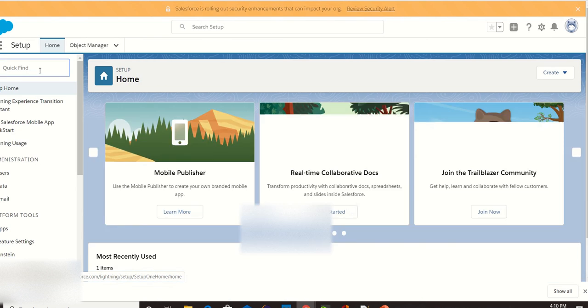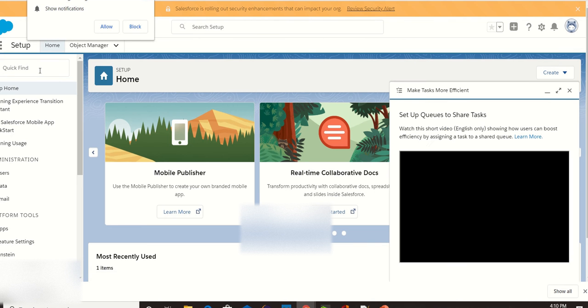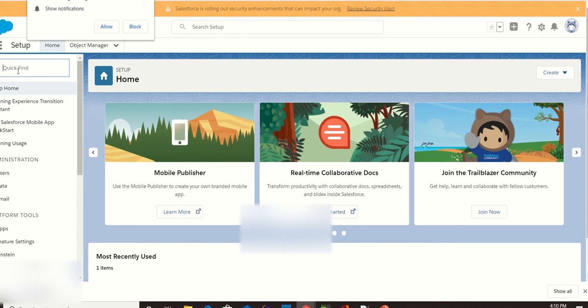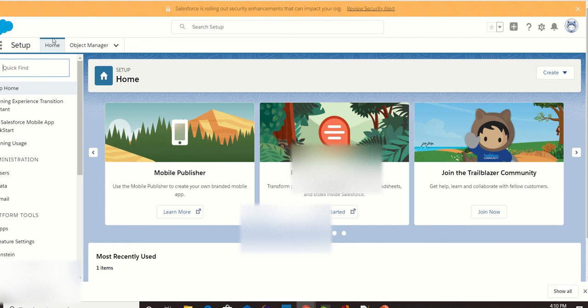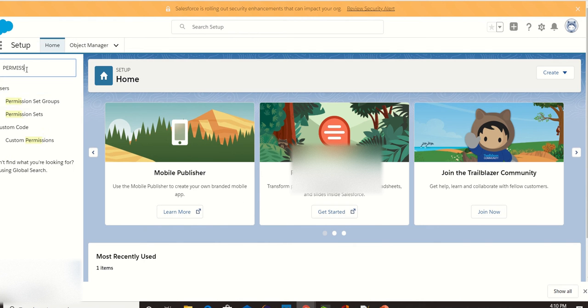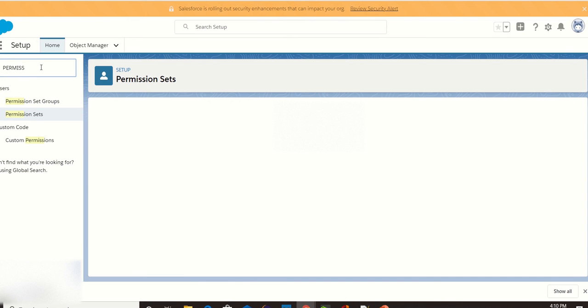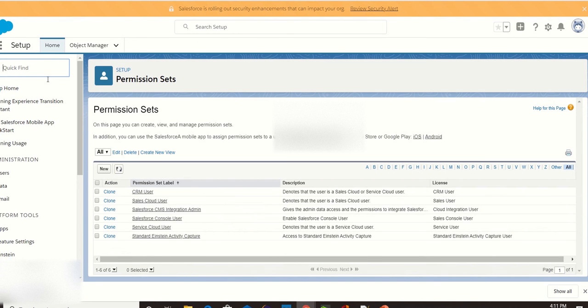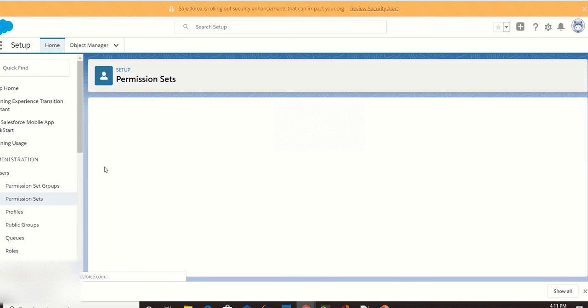In the Setup Quick Find box, we need to enter permissions. In permission sets, we need to create a new permission set.